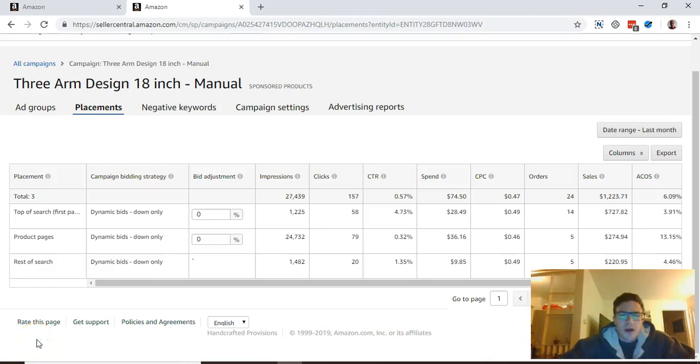Hey everyone, so I want to go through some of the newest features that Amazon just released on the PPC